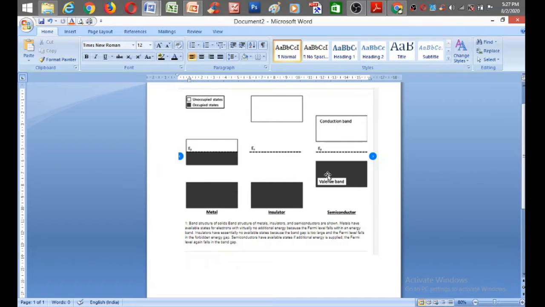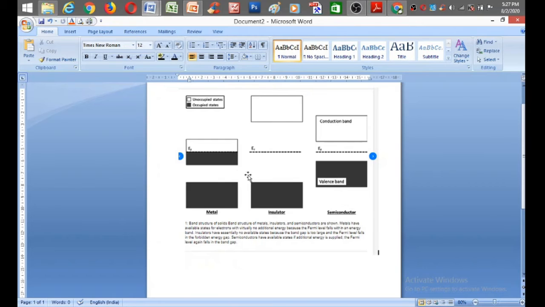So conduction will happen due to two things. Unoccupied states in the valence band are called holes. Occupied states in the conduction band are called electrons. So electrons in the valence band will try to occupy those unoccupied states, and the conduction band electrons will also contribute to electricity when an electric field is applied and the semiconductor is kept at room temperature.